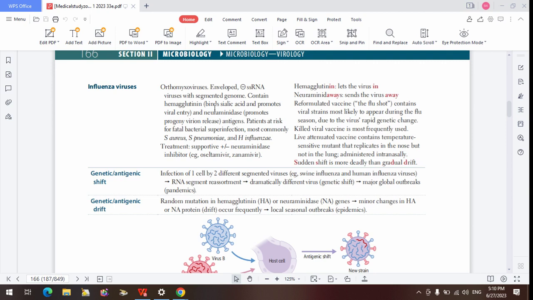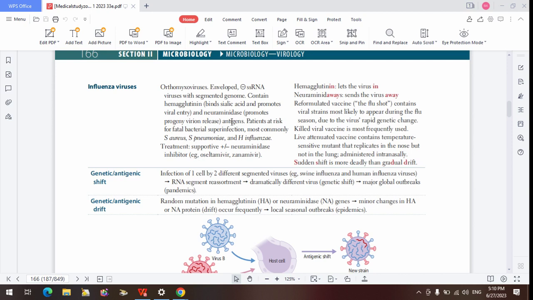So of course, it's one of those segmented ones, and it contains two proteins, hemagglutinin and neuraminidase. You use hemagglutinin to bind to sialic acid. I'm always saying salicylic, like aspirin. So it binds to sialic acid on the epithelial cells, and that can promote viral entry. And it can also attach to the cell and release the progeny by the activity of the neuraminidase. So neuraminidase is more like a cleaving enzyme. That enzyme will just help it cleave off the progeny so that they can